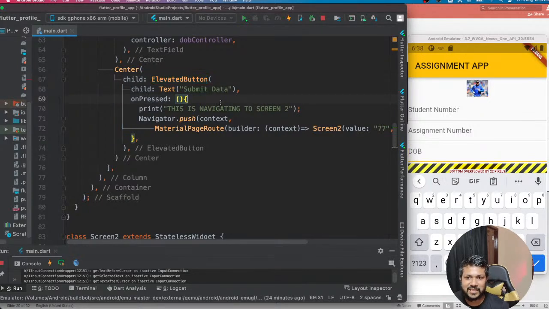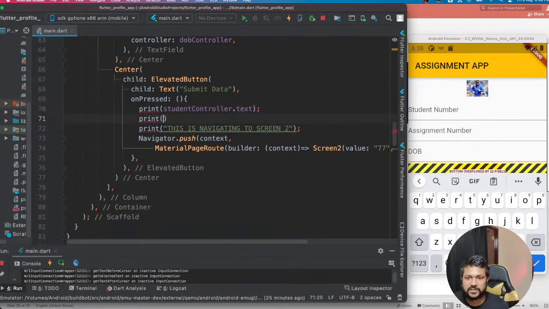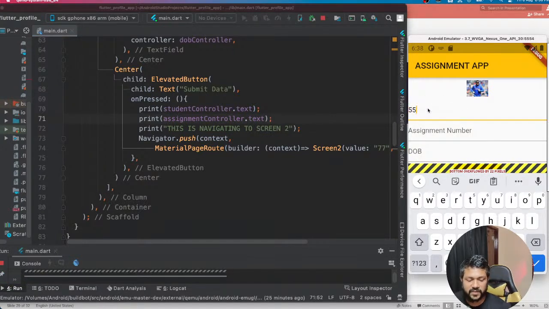So for testing purposes, let's quickly go here and test how the student controller's data is working. Just say student controller dot text, and it will print the text that we need. So just check for the assignment controller as well. We'll test if that is working as expected. Save this and type some data: student number is going to be 5577 UF, some data, and assignment number is going to be 112233. Date of birth is 0101